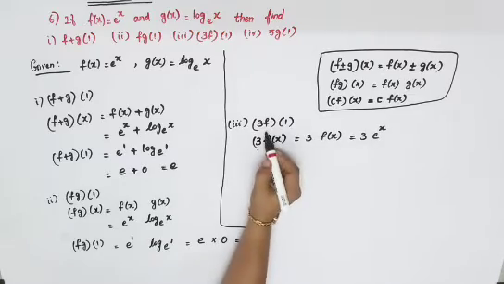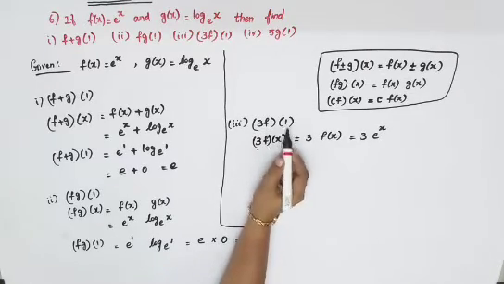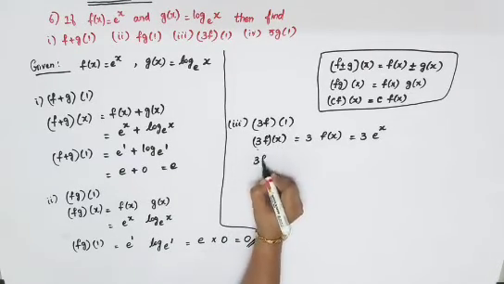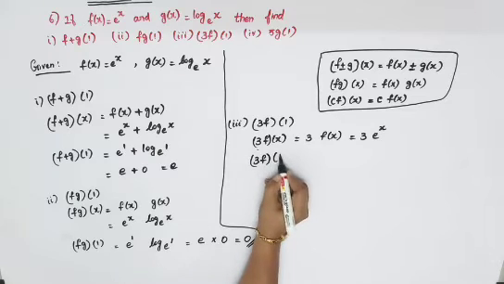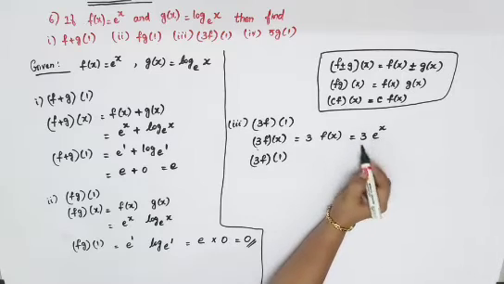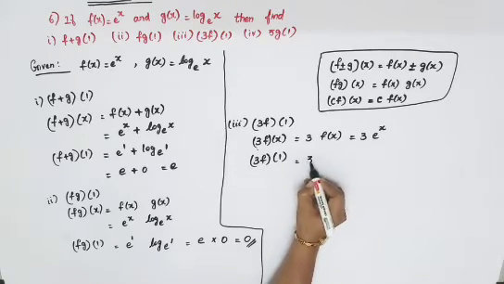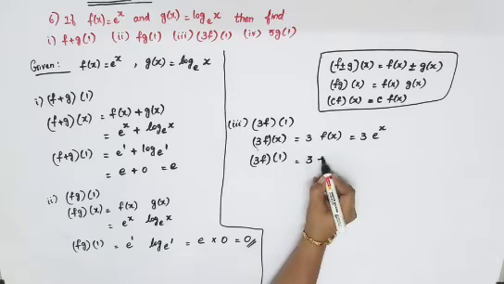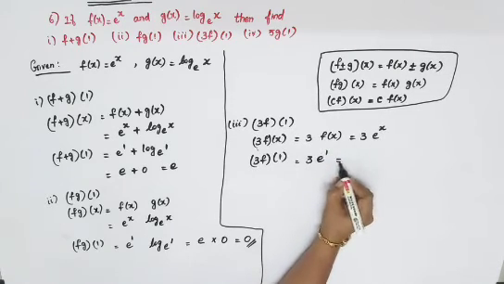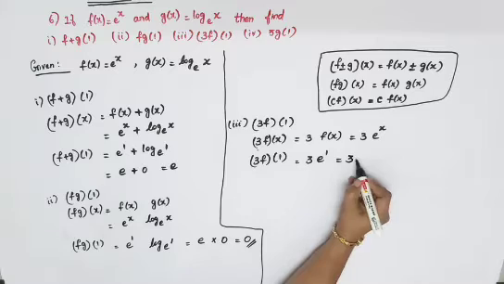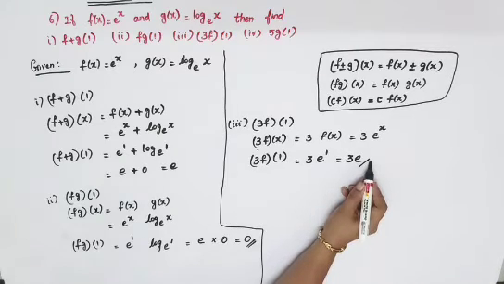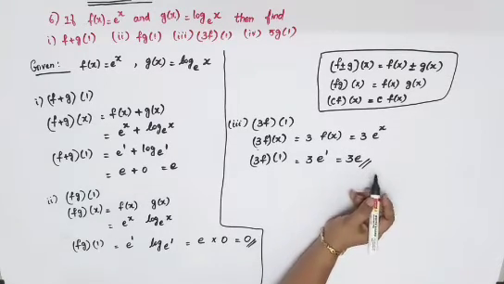But what we'll have to find is 3f of 1. Now for 3f of 1, in the place of x we'll have to put 1. So in your answer also, wherever x is there, you'll have to give 1. So that is equal to 3 e power x, meaning e power 1 you will get, which is equal to 3 into e power 1, which is e itself. This is the answer for your third subdivision.